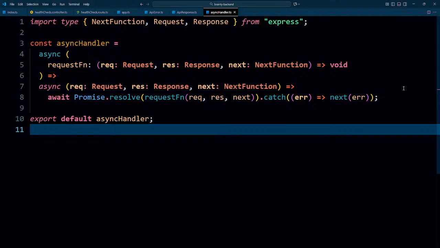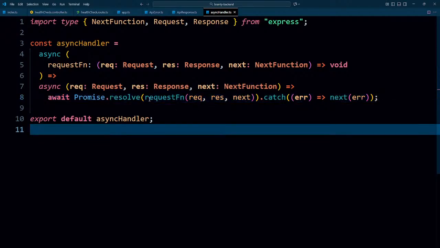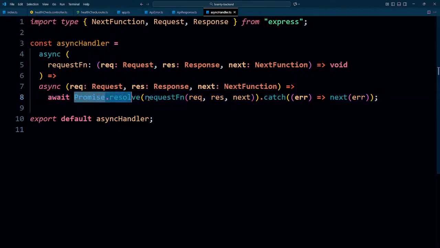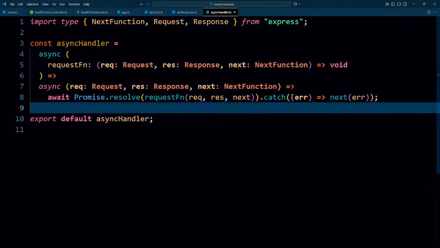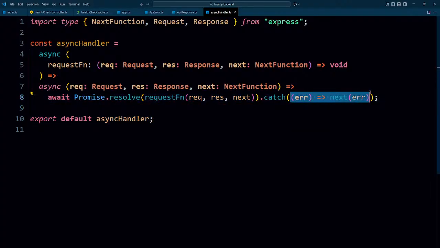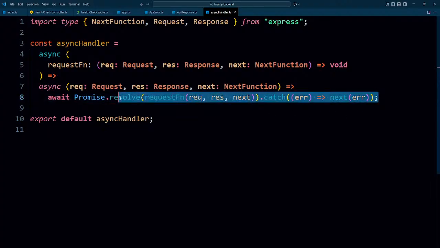I can remove the promise from here for now. I think that would be a better option, and then we can later take care of this. Promise.resolve, it's simply resolving it. If there's any error, it's catching the error, and it's simply forwarding the error using the next function. That's insane.